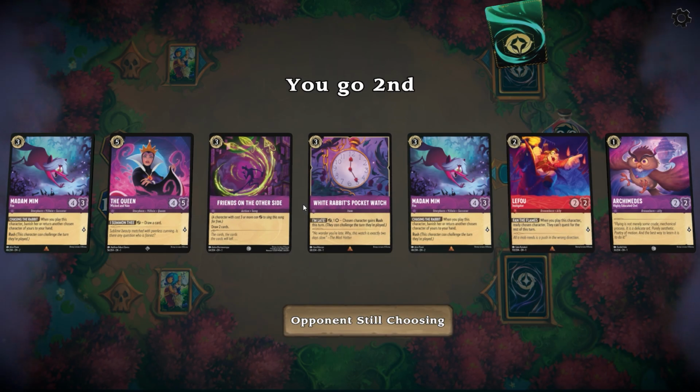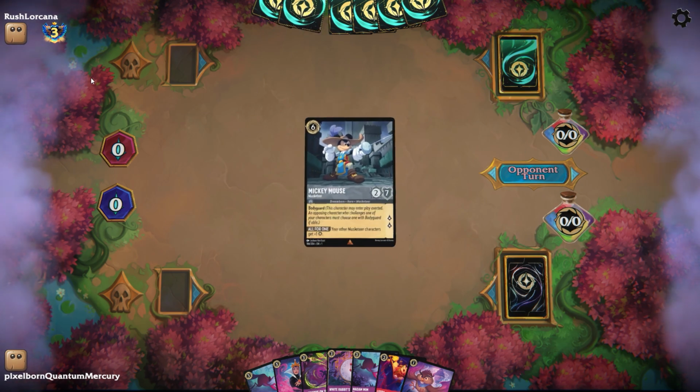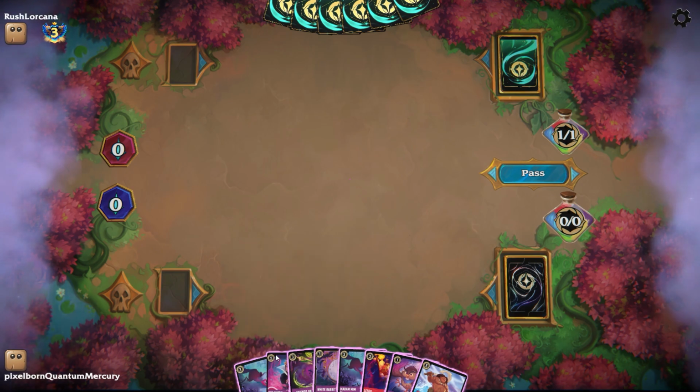In this video, we're going to be taking a look at how some of the new Rise of the Floodborn Amethyst and Ruby cards fit into the existing Ruby Amethyst control deck, one of the top tier decks from the first chapter metagame in Disney's Lorcana. Now, the other top tier deck was also Amber Steel, which is what we're facing up against here, but